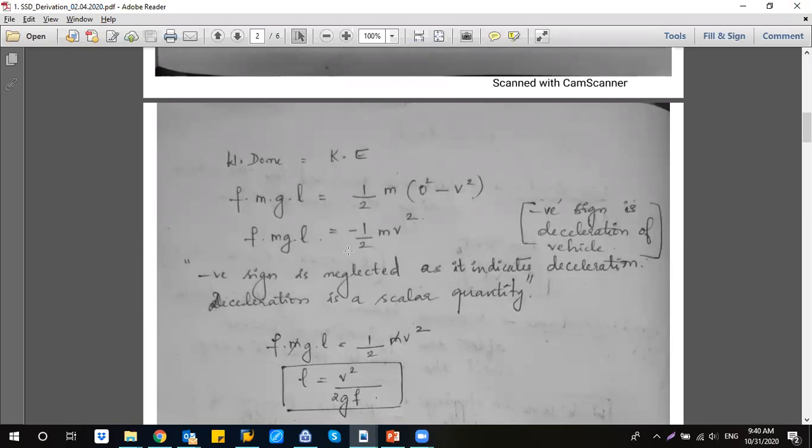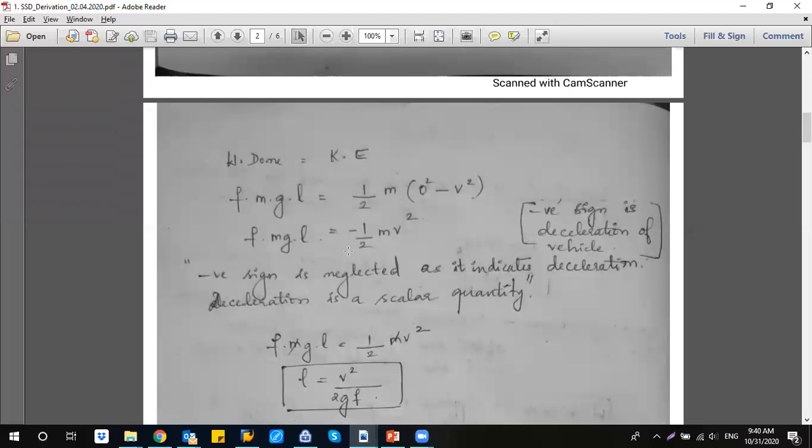Why? Because it is the deceleration of the vehicle. You should know what acceleration and deceleration are, right? What is acceleration? When you start the vehicle or start moving, you are going to bring the vehicle to a high speed. What happens in the case of deceleration? You are ultimately bringing the vehicle to a stop. That is what is indicated by this negative sign. Moreover, it is a scalar quantity, not a vector quantity. You know what a scalar and a vector are, right? A scalar will have only magnitude, only value, whereas acceleration is a vector quantity, which will have both direction and magnitude. Magnitude is nothing but the value, and direction is indicated as either positive or negative.